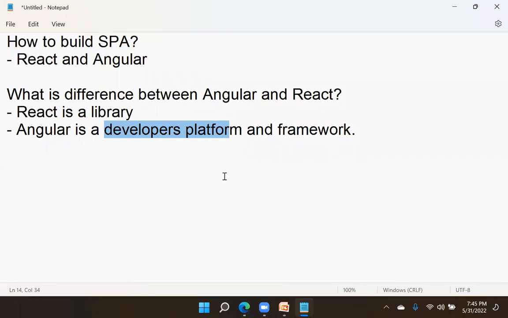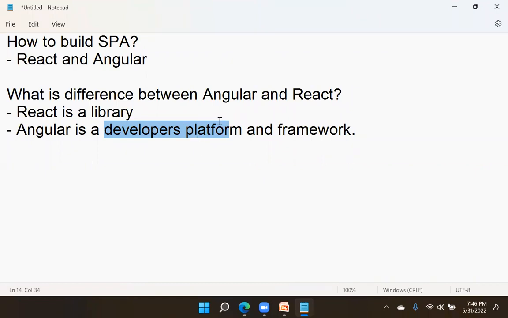So that is the reason Angular calls itself a developers platform, but it is actually a framework. Along with framework, it is better to say developers platform.